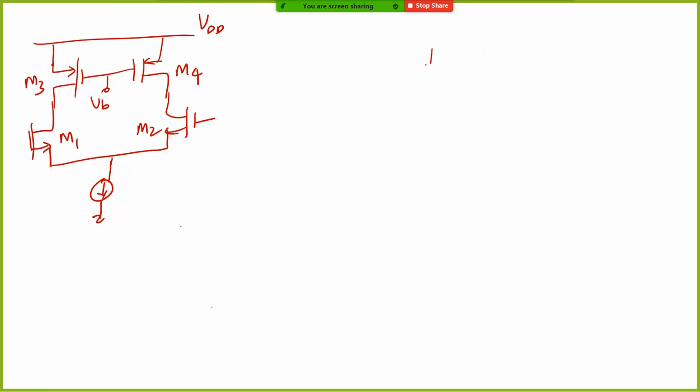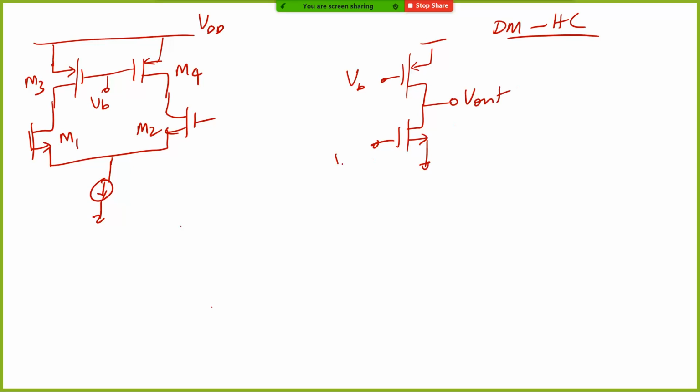What is this? Right. So the differential mode half circuit will basically look like some VB with this one. Again, all the analysis that we have seen, everything comes into the picture. So you can have a current mirror load also here. You can have resistive load, current mirror load,